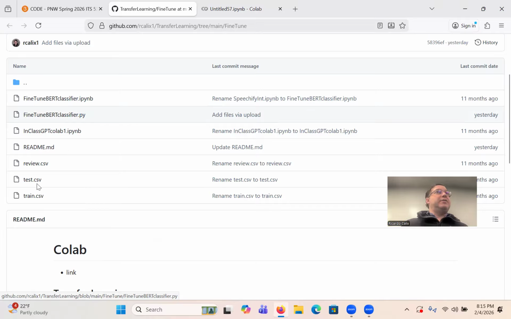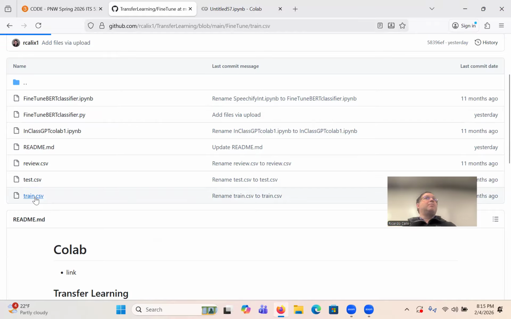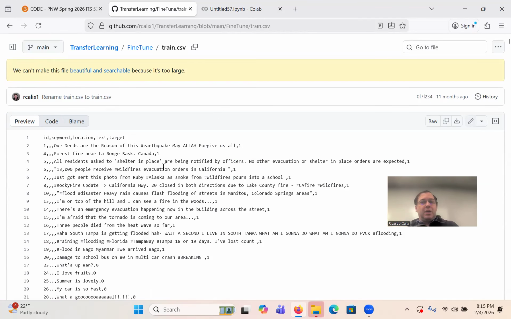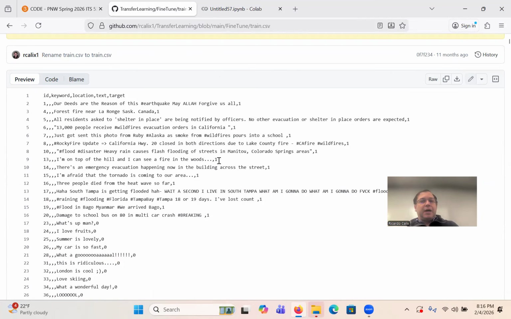So let's look at the data first, just to get a feel for it. Train CSV. Remember, we are locked in on Hugging Face's workflow, so we have to learn how to format things the way that they like. Here you can see I have the sentences followed by a label.